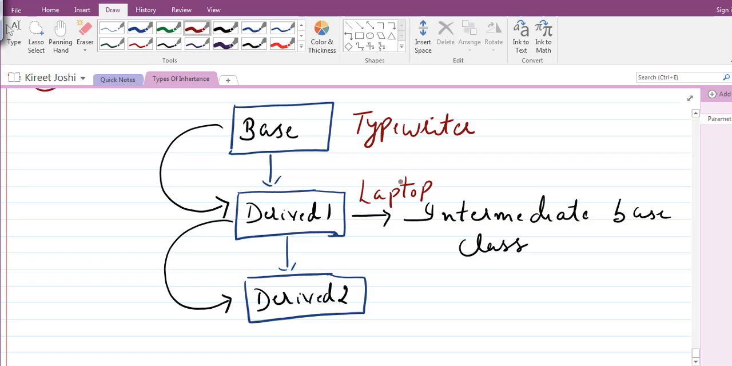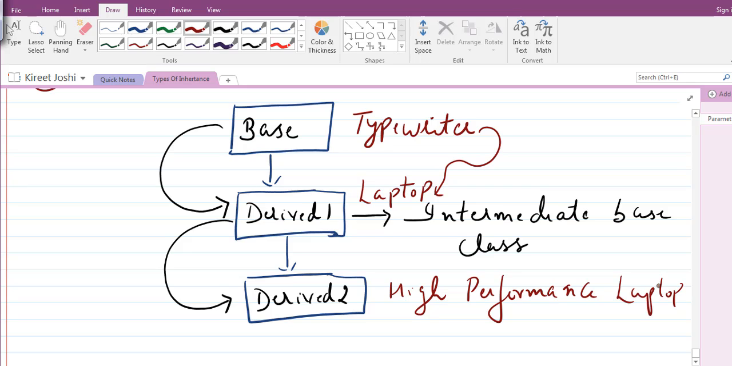It means that there are certain functionalities that this laptop contains, and these functionalities are inherited from this base class to this laptop. And for a derived 2, here you can say it is a high performance laptop. Okay, so it is a high performance laptop, where you can do more,